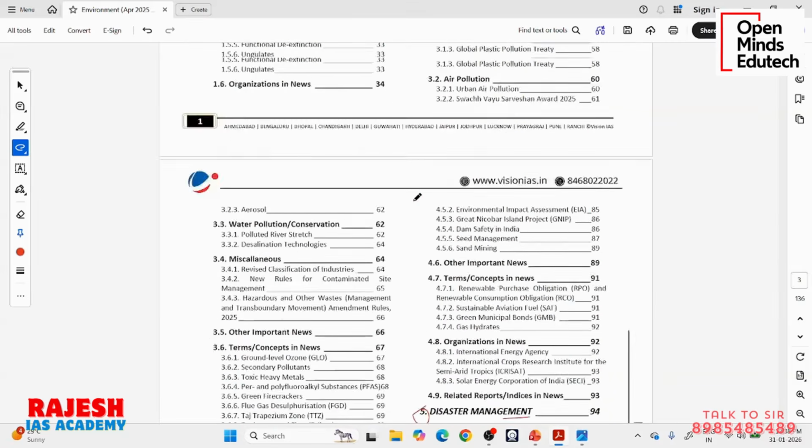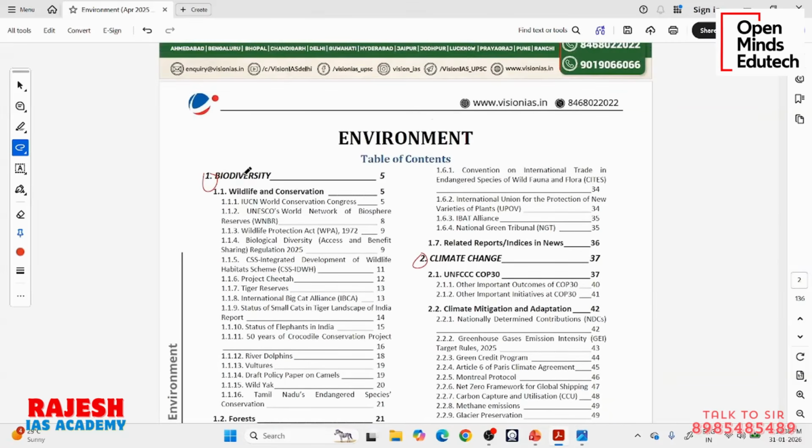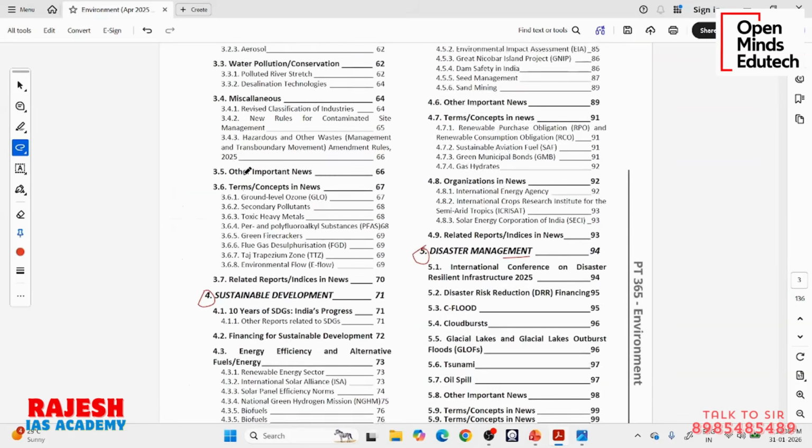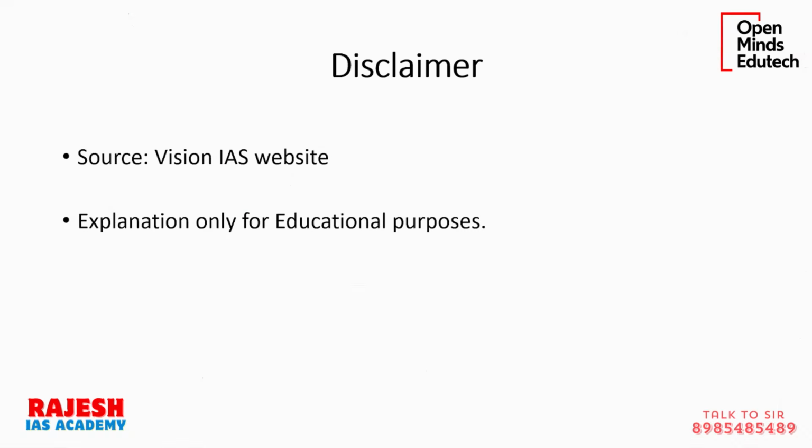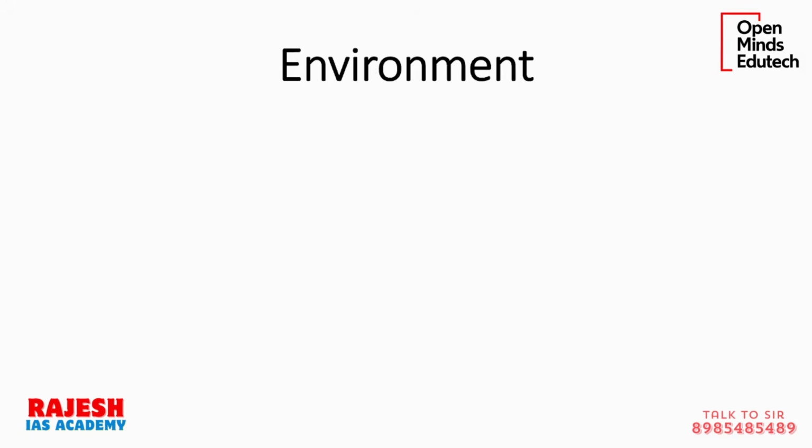Now let me explain why the structure of environment is organized this way: biodiversity, climate change, pollution, sustainable development, etc. If you see the static portion of the environment subject, you can take any PDF, like you can prepare from the Shankar IAS environment PDF, or you can prepare from the PMF IAS environment book. Both are good. We recommend PMF IAS. On our channel, we will be uploading PMF IAS book full lectures along with this PT365, because we believe PMF IAS coupled with our PT365 explanation